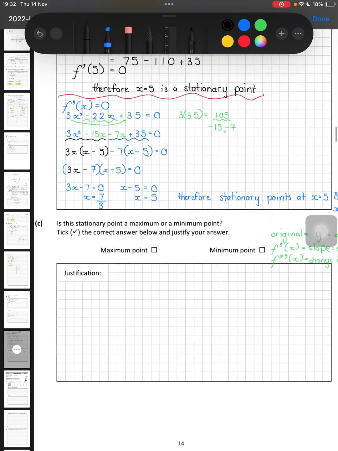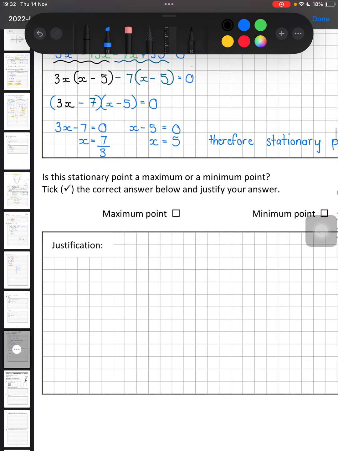So I'm going to start by writing that down. So y is equal to x cubed minus 11x squared plus 35x